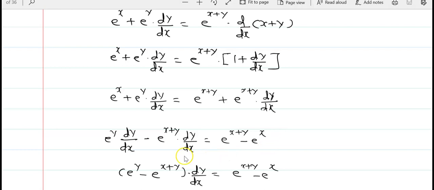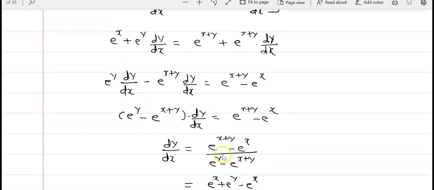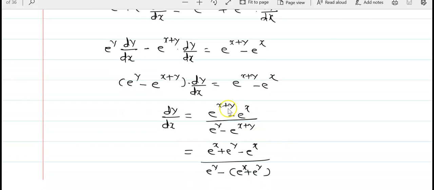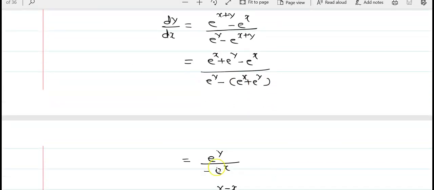That is, take the terms of dy/dx on the left hand side. Take dy/dx as common. Then dy/dx is equal to (e raised to x plus y minus e raised to x) upon (e raised to y minus e raised to x plus y). Then substitute the value of e raised to x plus y, which is e raised to x plus e raised to y. Then the cancellation of terms is e raised to y minus